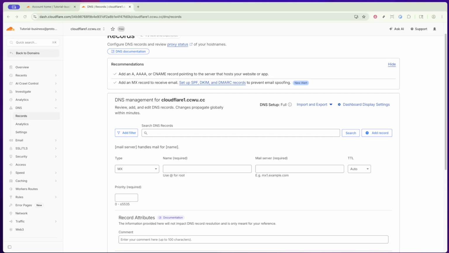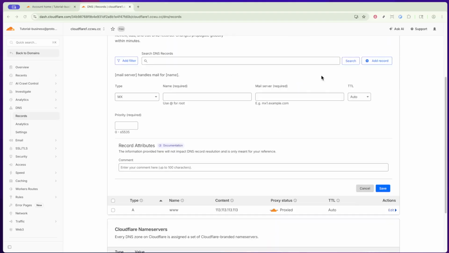Finally, click Save to finalize the creation of your MX record. Cloudflare will now update your DNS settings, and the MX record will be active shortly. This completes the setup, and your email traffic should now route correctly based on the